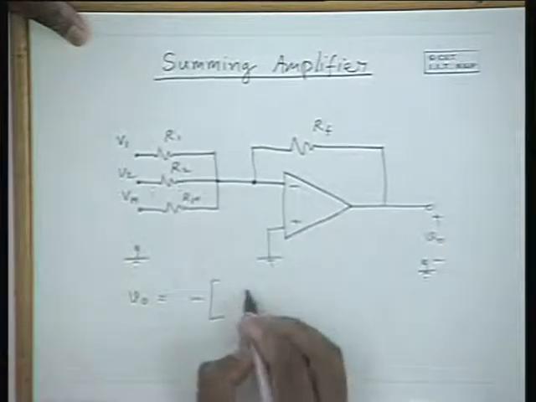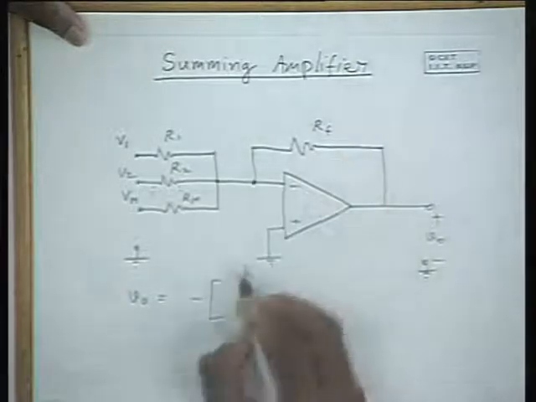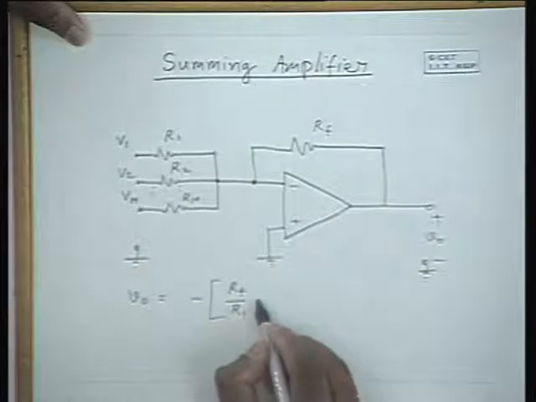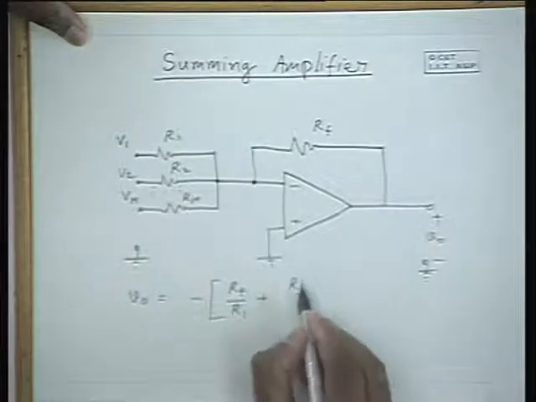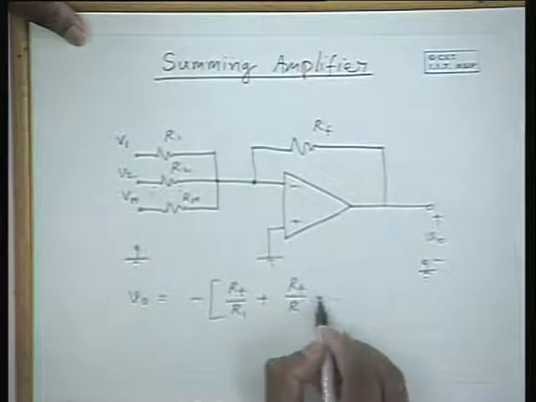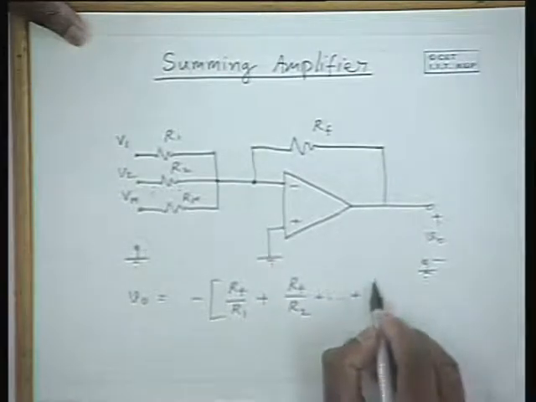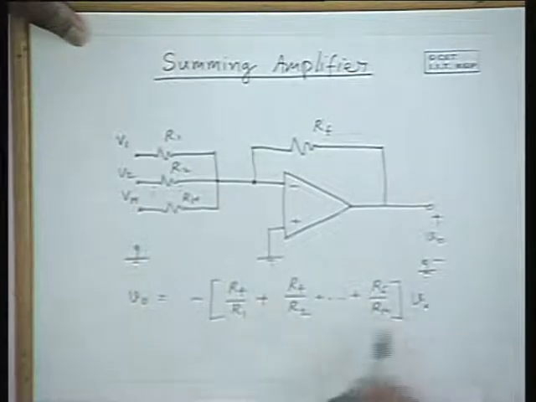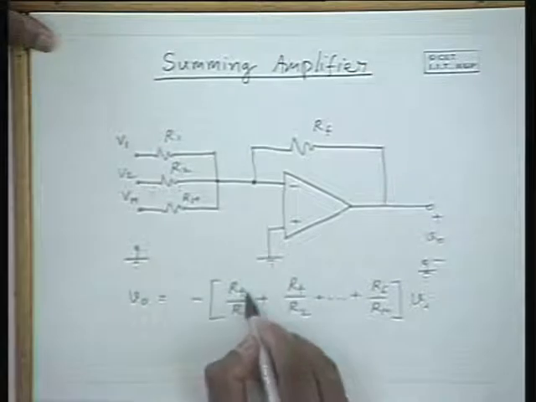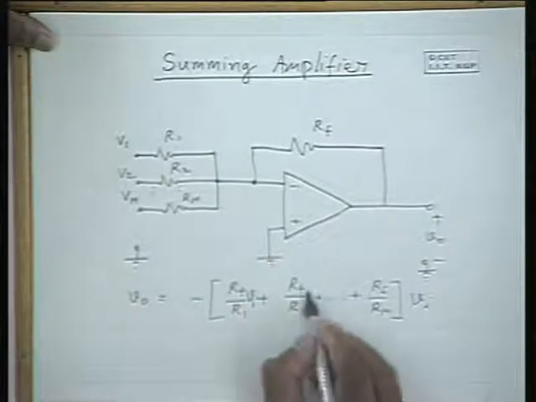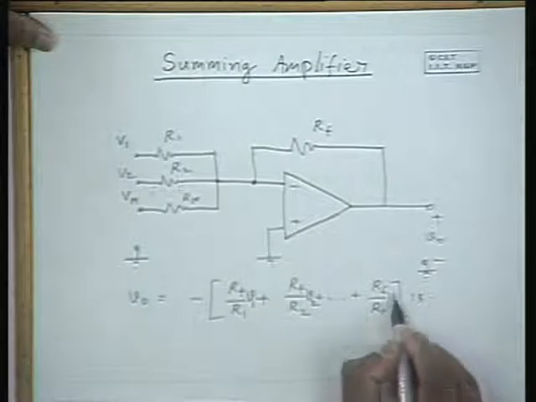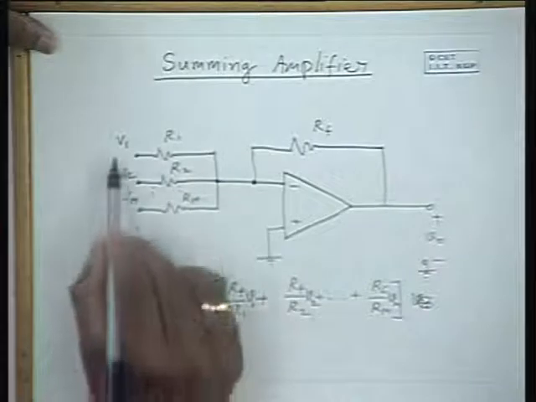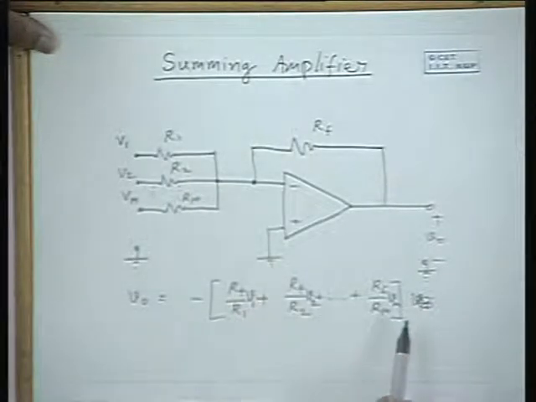minus RF by R1 plus RF by R2, etc., is RF by Rm into Vi. It is equal to plus V1, V2, etc. up to Vm. Please note that the output is a sum of all these inputs V1, V2, etc., Vm with